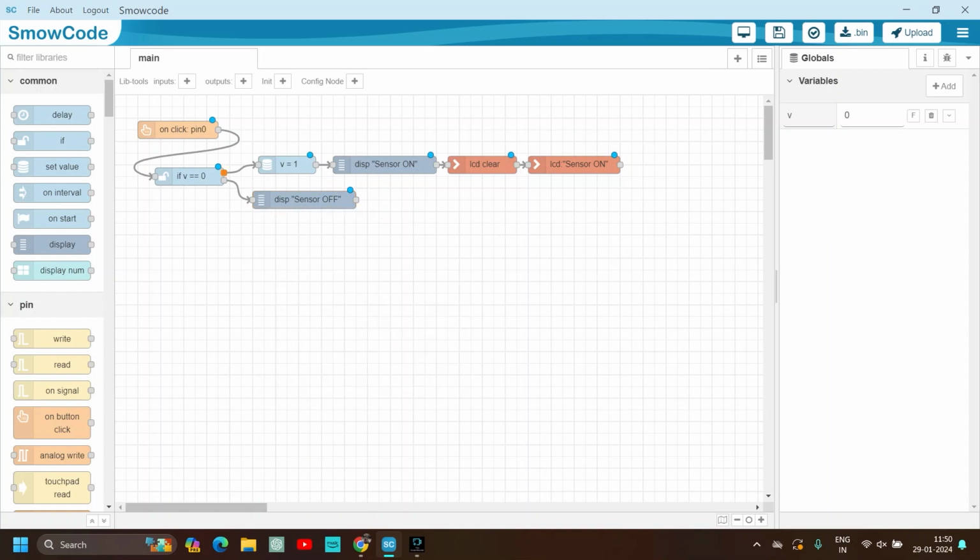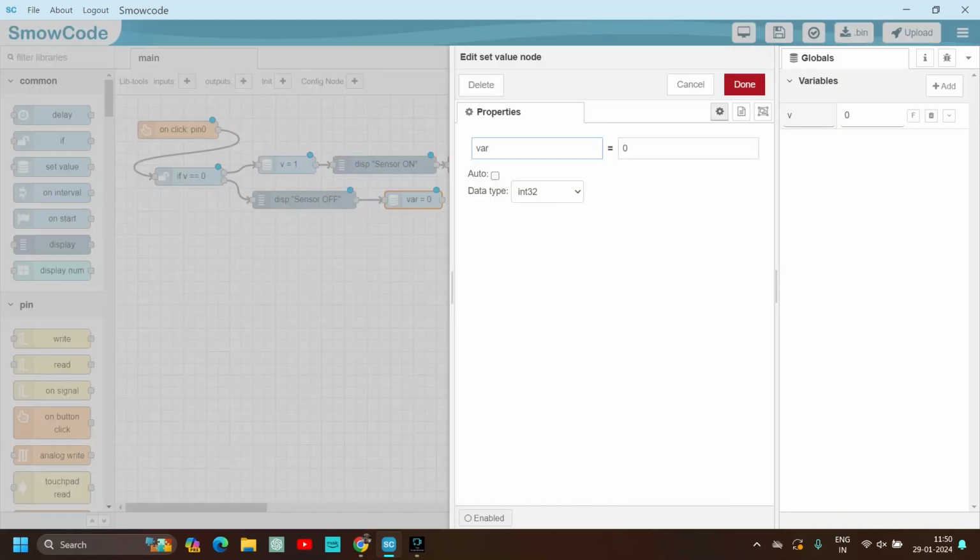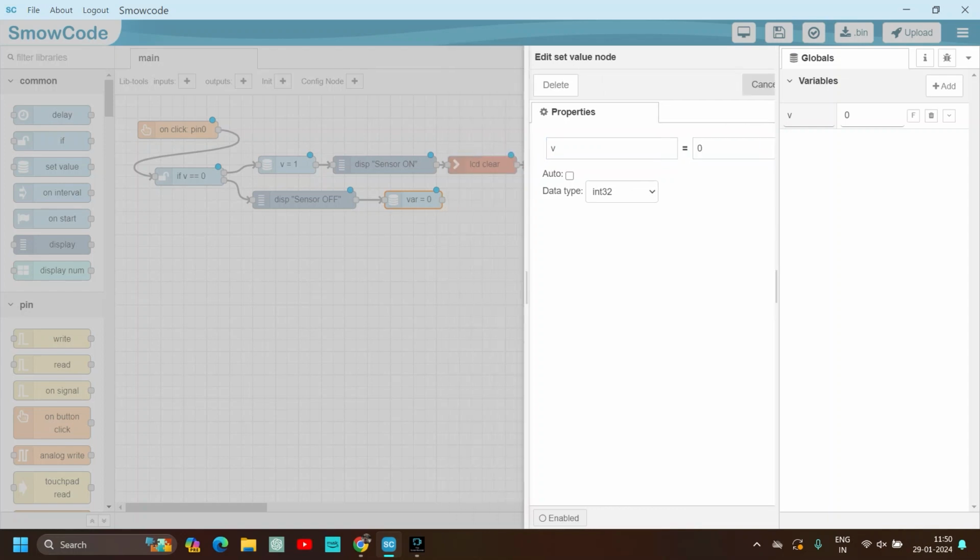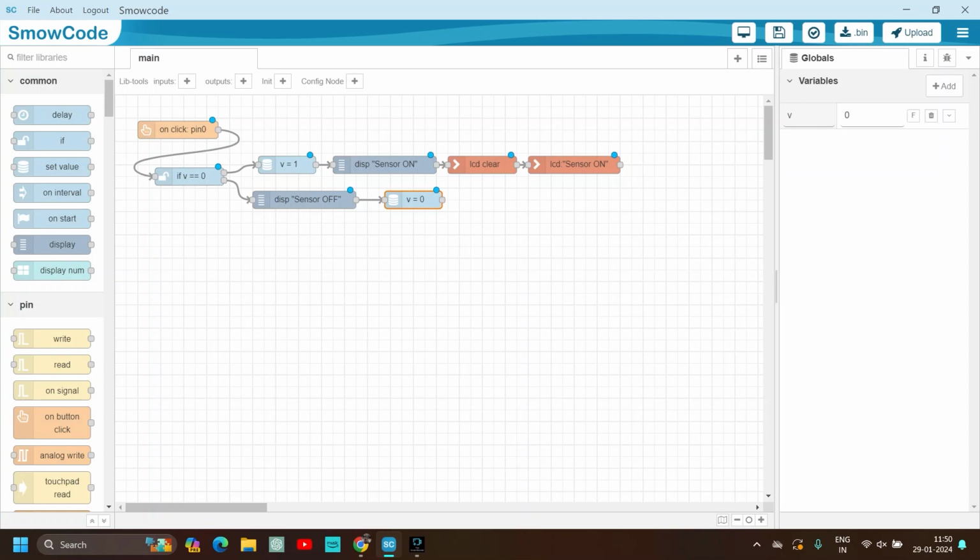Now when v is not equal to 0, then we have to make it 0, right? So we will again use the set value node, connect it, set the variable name as v as the global variable and set the value as 0 as it is. Click done. Now the value of v is equal to 0. Now again this loop continues as 0 to 1, 1 to 0. So we get a perfect loop of 1 to 0 and 0 to